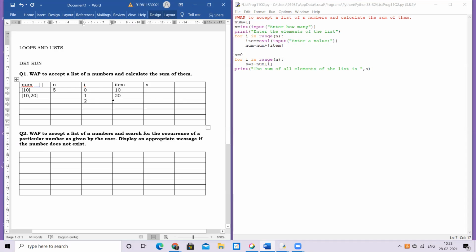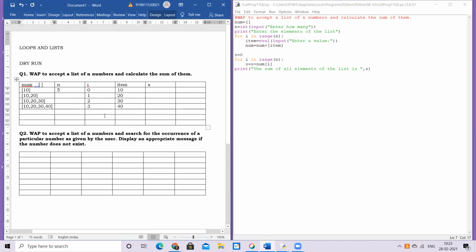And now I accept the third element. So I come inside and accept the third element. Again, the element goes and gets stored. So my list now is going to look like this after this element is joined. Again, I becomes 3. I accept the next element, suppose 40. Then I go and add it to my existing list, which is this.